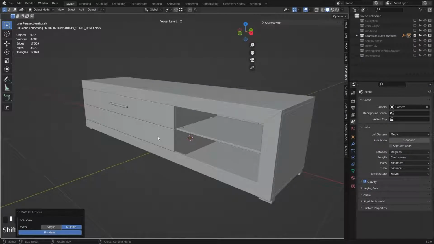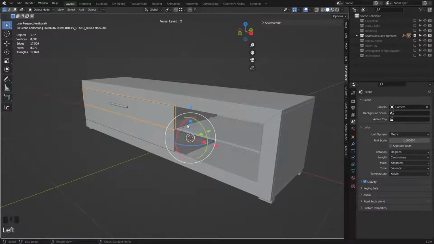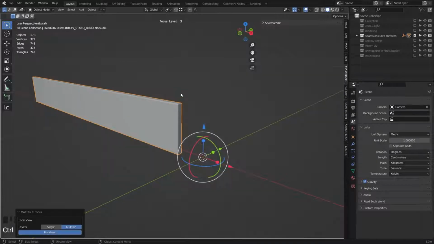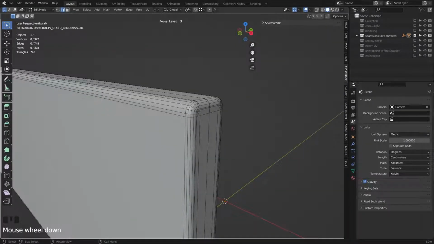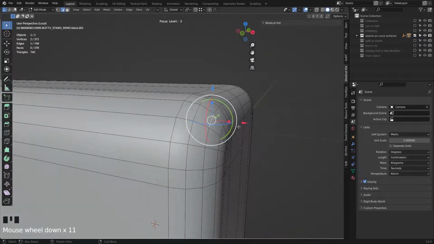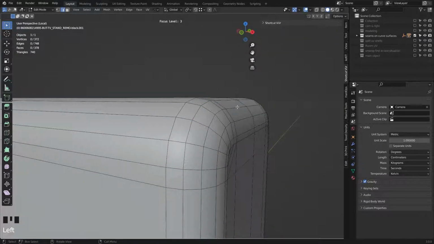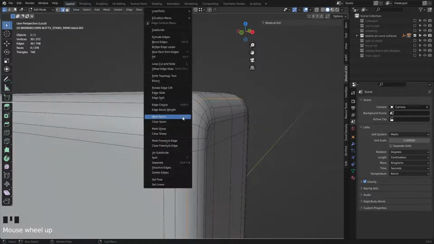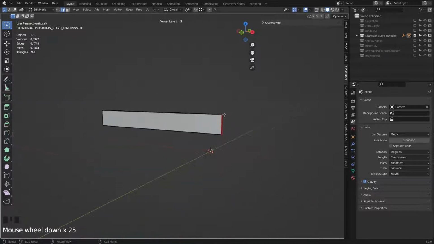Okay, imagine you have this kind of object, it's a table, and you want to put seams. For example, I pick here, go, and I should pick some seams, and always, as I mentioned earlier, you should pick an edge on the curved area. So the best one is here. I make it a seam.